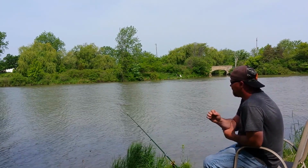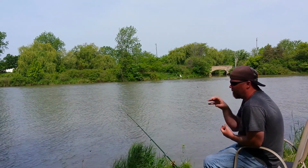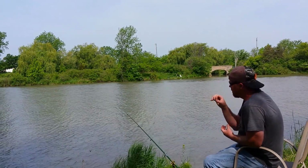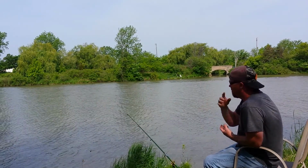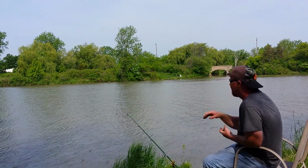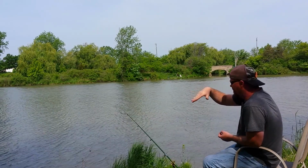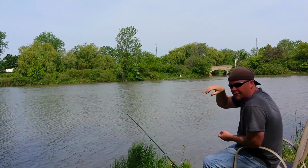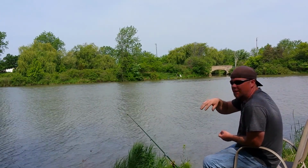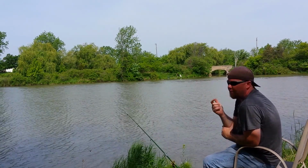And what you have to do is leave a slack line, because if they grab it and they feel any resistance, they spit it out automatically. So you sort of watch your line when you can see it at nighttime. It's hard to do, but I set up little lights to look at the line and stuff. But you'll see your line go from limp to like taut, and then back to limp. And then you know the fish is like feeling it out. And then it'll finally make the commitment and eat it, and then your line will go, and then you set the hook. Or in the case of what happened to me last year,